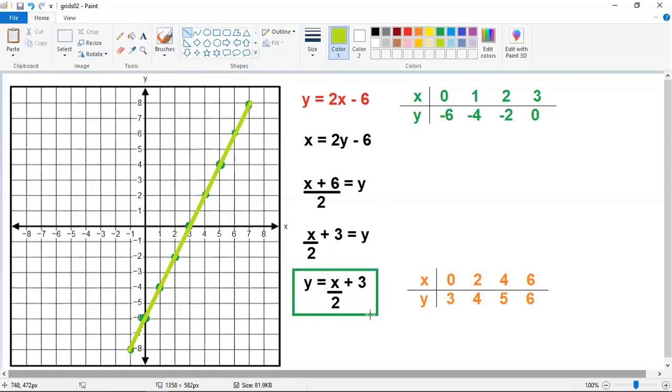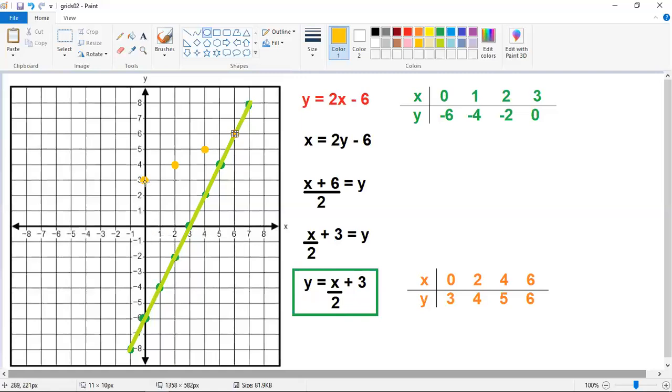So let's have the line that is the inverse of 2x minus 6. When x is 0, y is 3. When x is 2, y is 4. When x is 4, y is 5. When x is 6, y is 6. There you go. Now, using y is equal to mx plus b, we know that positive 3 here is